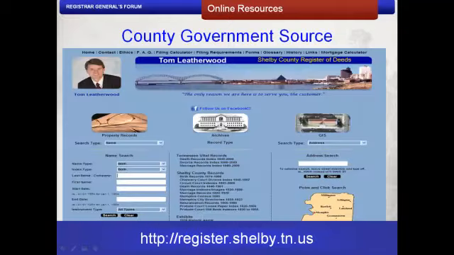The Shelby County, Tennessee Register of Deeds website offers county genealogy resources. The available collections are listed. Some are indexes, and you can use the information to order the original records. Some collections, such as the birth and death records, include not only the index, but the image of the actual record. Click on the title name to access the search screen for the collection where you will enter your search criteria.